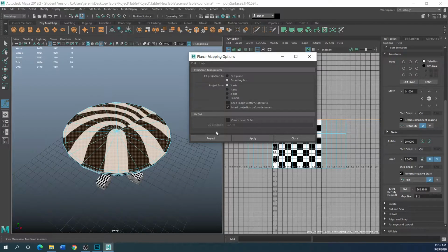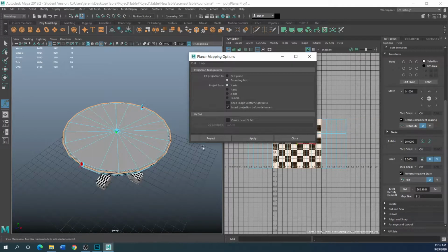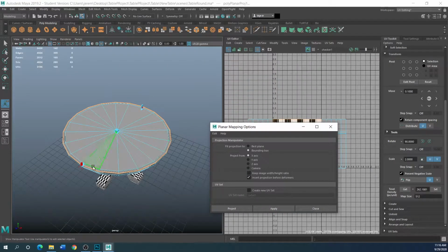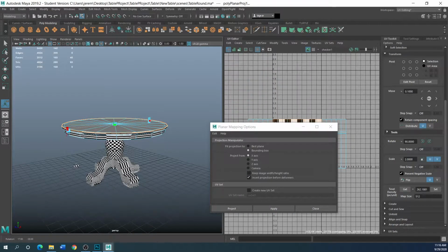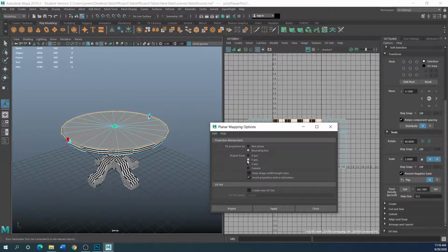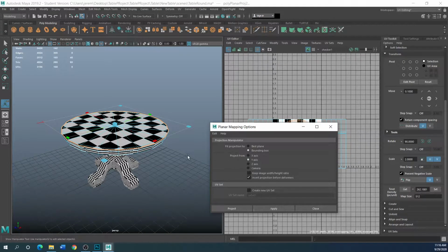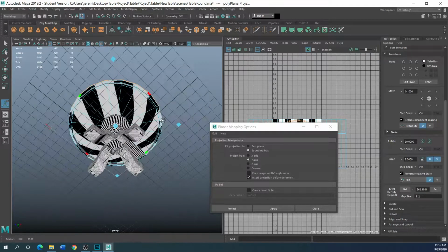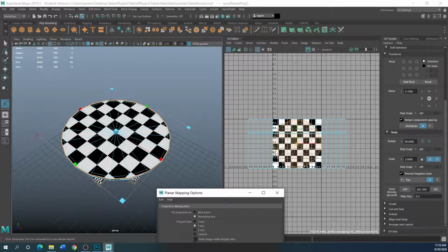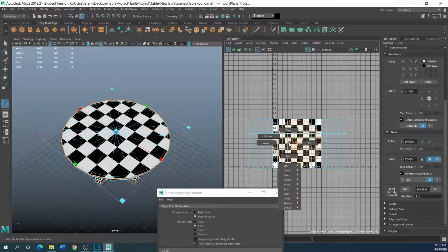Like if I just apply to the x-axis, that's just not what I want, because if you notice, it's actually applying it from the side. So I need to apply it from the y-axis. So I'm projecting straight down on it. And that looks really good. So now I can go and I can